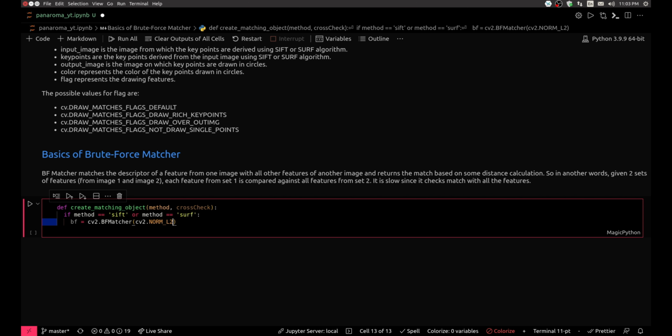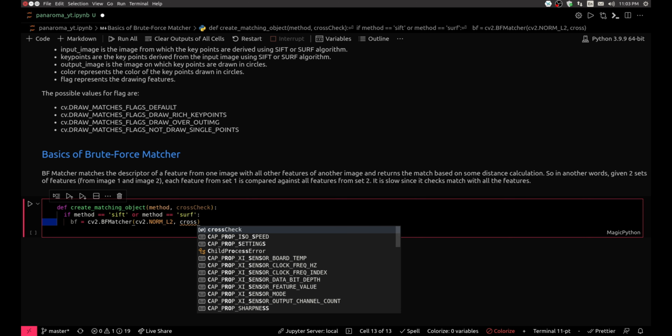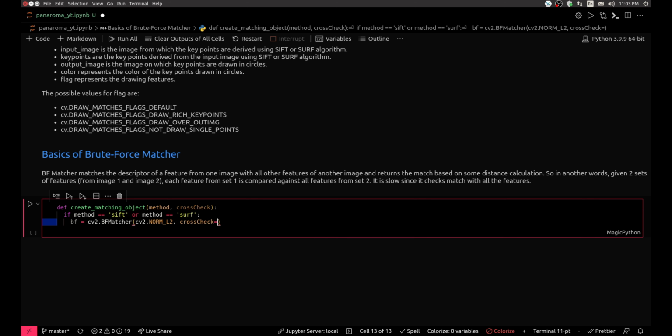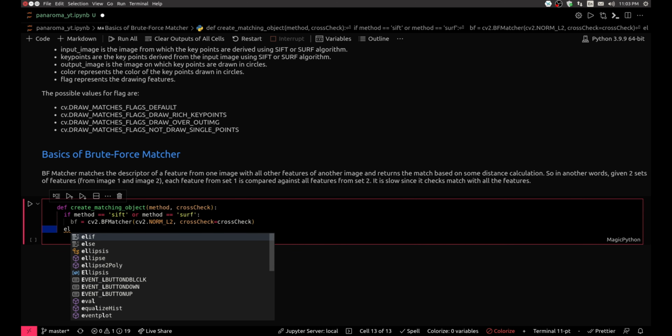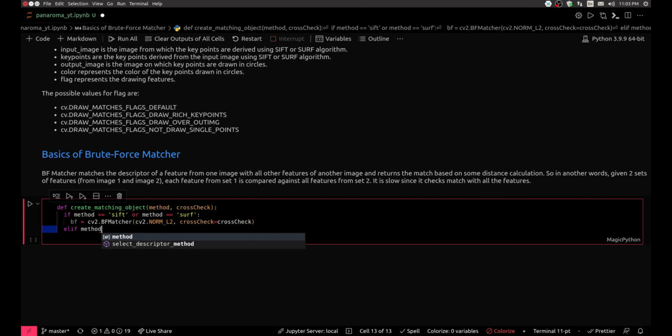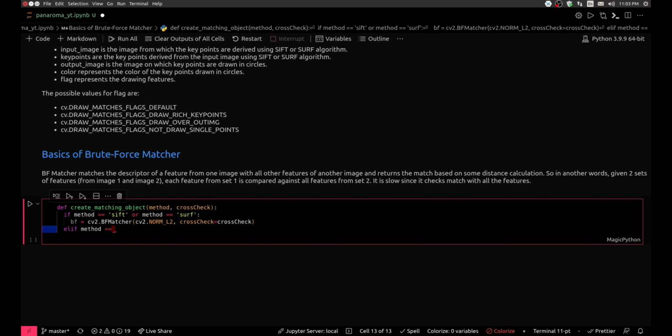I will explain in a second the difference between NORM_L2 and NORM_HAMMING for the first parameter of brute force. And the second one is crossCheck. Let's give crossCheck equal to false. And elif method equal to ORB or method equal to BRISK,